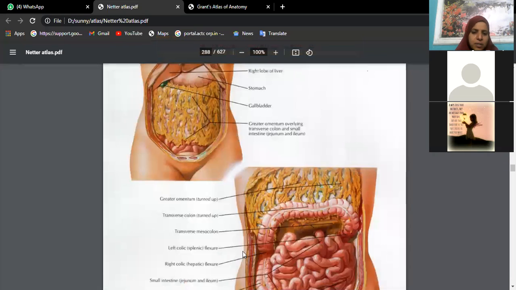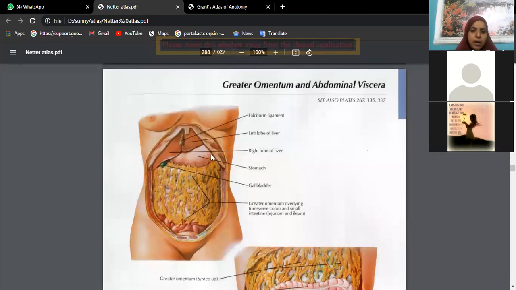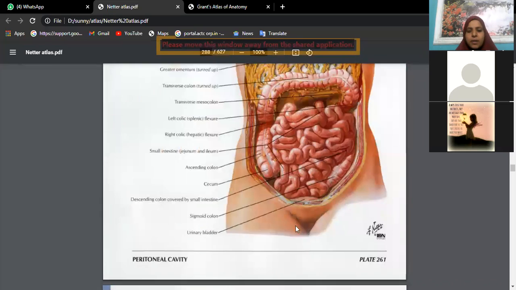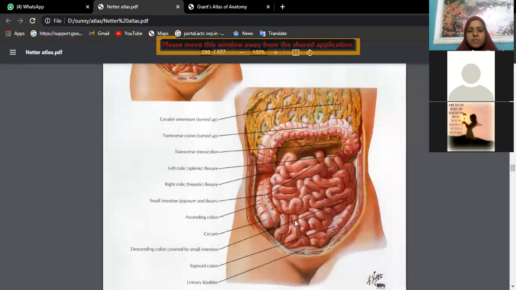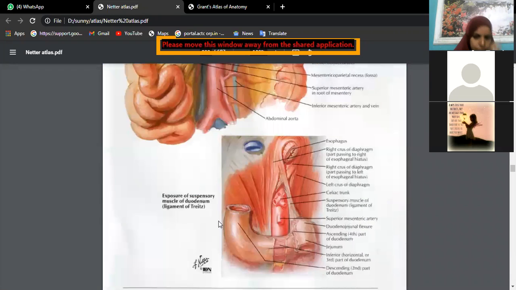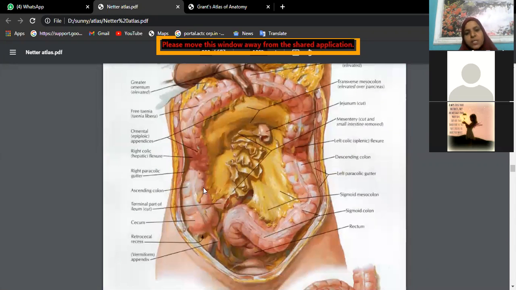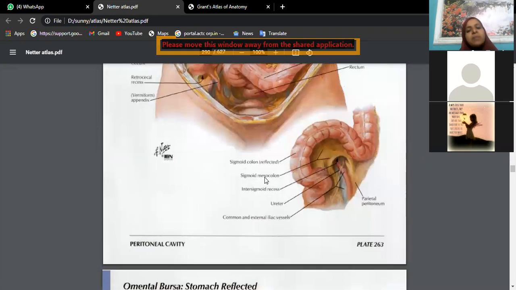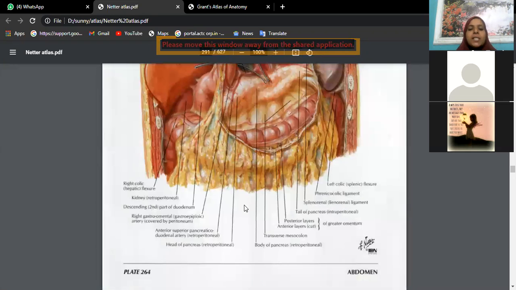So after this, see the same arrangement that we saw. Greater omentum: once you lift it, you are finding coils of small intestine. This is only the practical oriented things I am showing you here. You can see how ascending colon, transverse colon, descending colon, sigmoid, rectum. This yellow in color is all, what is this? Mesentery, a fan-shaped fold of peritoneum loaded with fat, suspending the coils of small intestine.